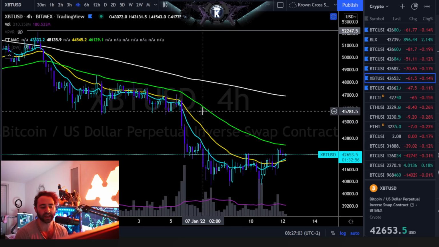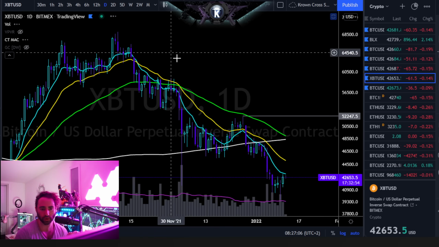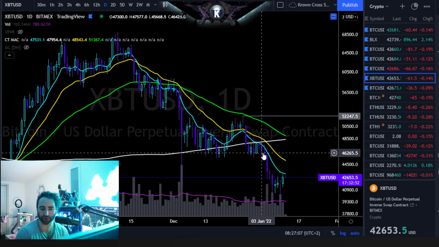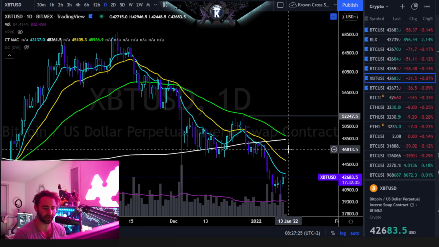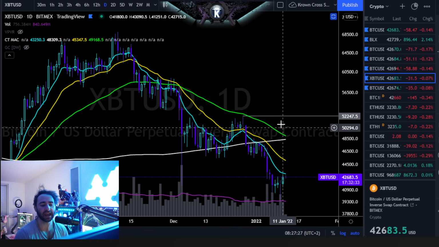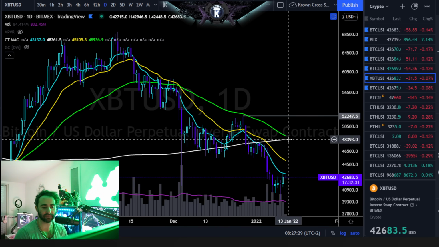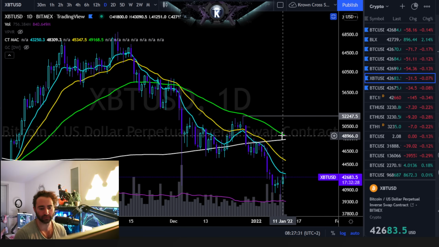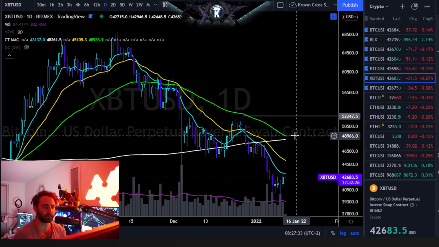But the earliest that I'd really be getting excited about this for the interim would be with any sort of a daily closure back above the breakdown levels that we saw from late December, essentially right around here at about $46,000. As long as Bitcoin's below there, it's still a pressure down, it's still a downtrend. Everything else points down. It's usually not too profitable to be trading against the daily trend in this case, for long-term holds, obviously. So that'd be the first major thing, of course. And then the next sort of confirming factor would be back above the 55, which will be marching its way down, currently trading at about $49,000.